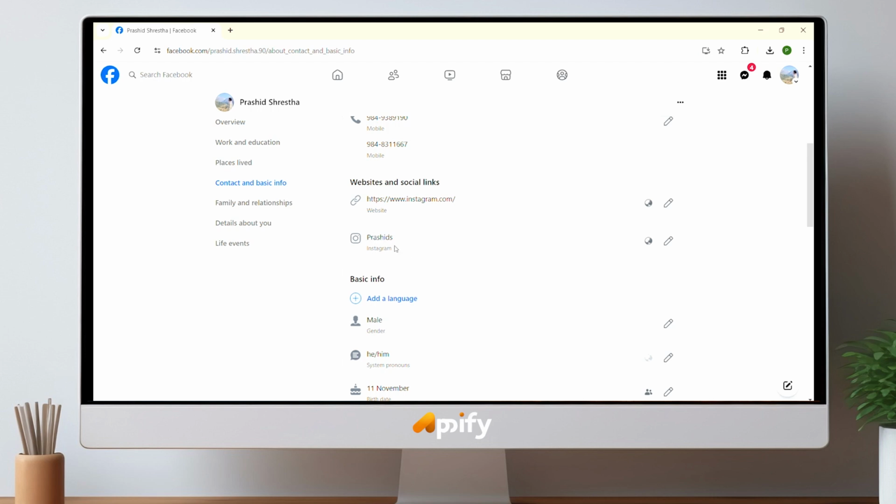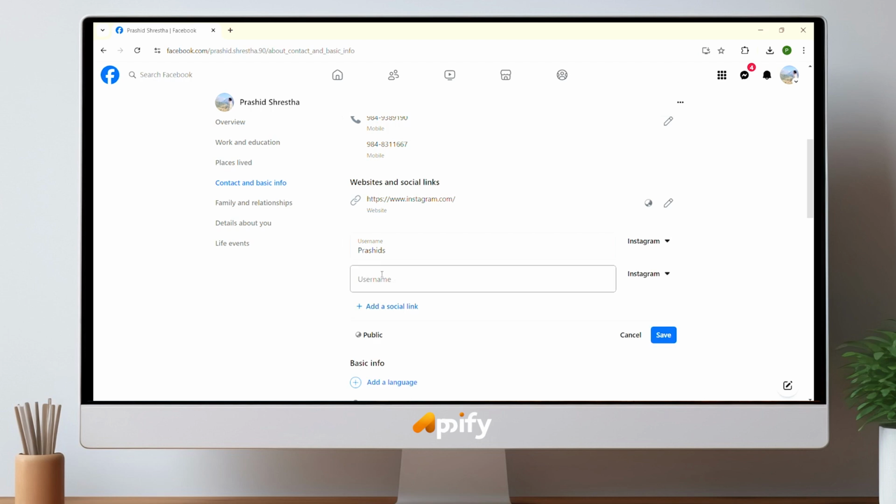So in order to add an Instagram link, you just have to look on the right hand side of that social link section. There will be again another pen icon. Just click on it, and after that the edit section will appear, and below the username of your previously added Instagram or social link there will be add a social link. So you just have to click on that add a social link button,